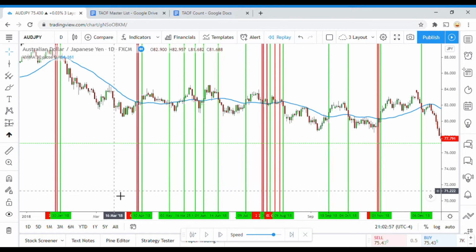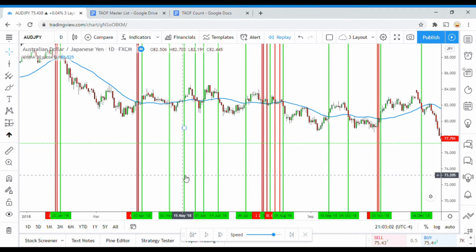So we have 25 signals, and we have 1, 2, 3, 4, 5, 6, 7, 8, 9, 10, 11, 12, 13, and 14. And so, unfortunately, the volume weighted moving average barely misses the mark to move on to the next step of